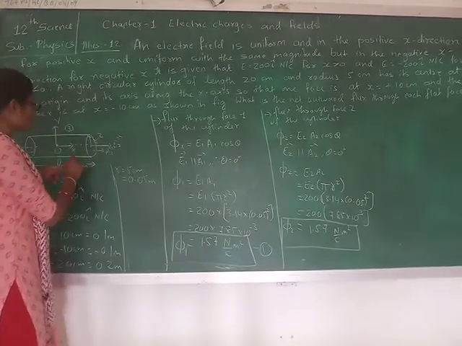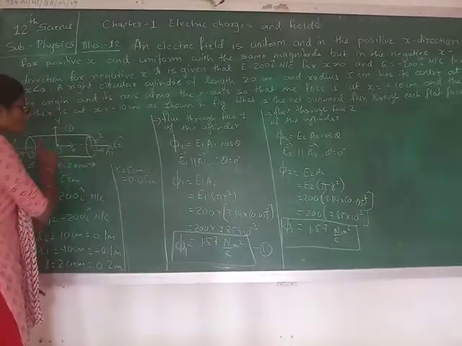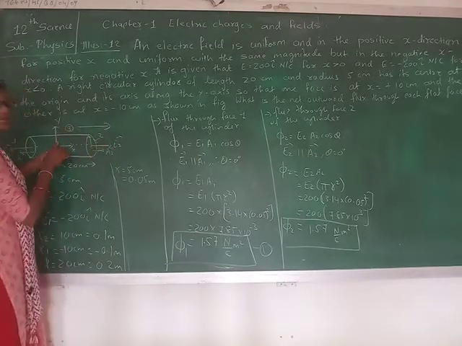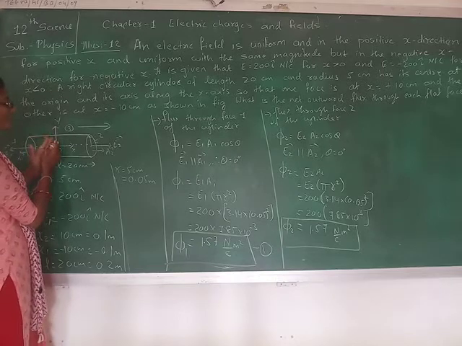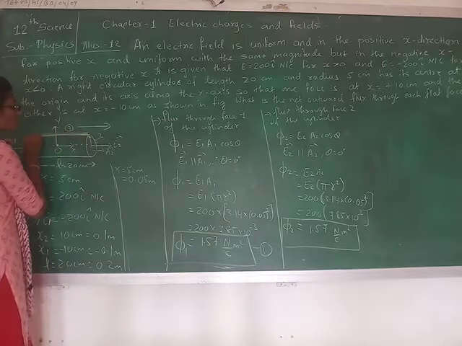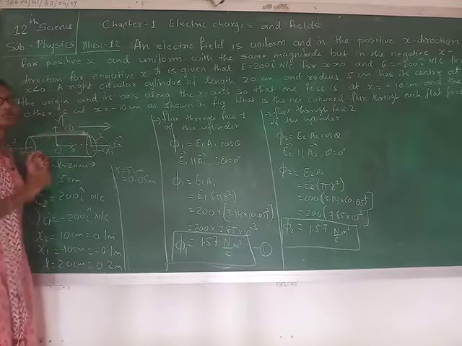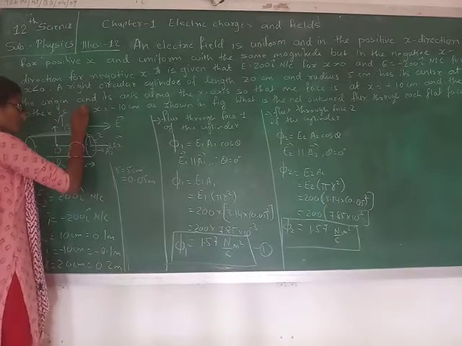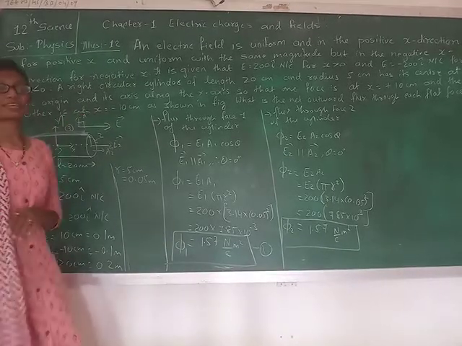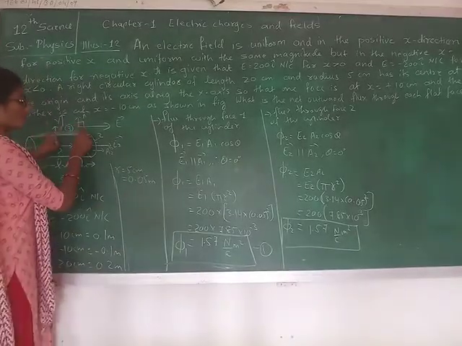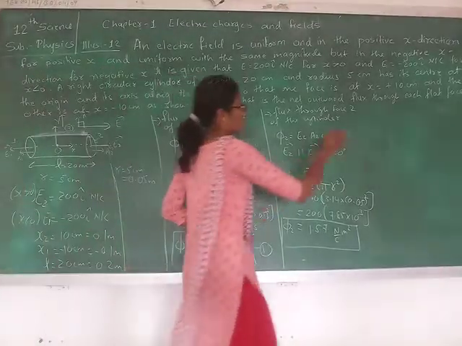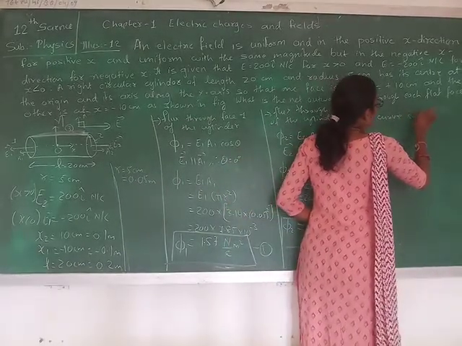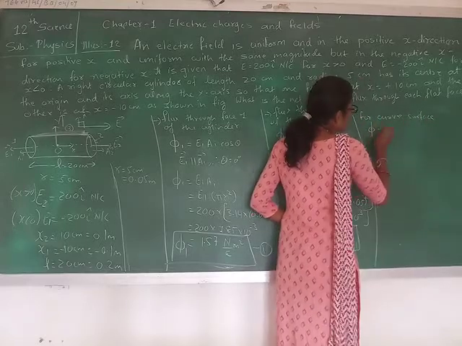Phase 2. Now, for this curved surface, you can see the electric field is along this direction. If I take the area vector for this curved surface, the area vector will be normal to that. So the electric field is in this direction and the area vector is in the above direction. The angle between them is 90 degrees. And for that, when we apply the formula for the curved surface, phi equals